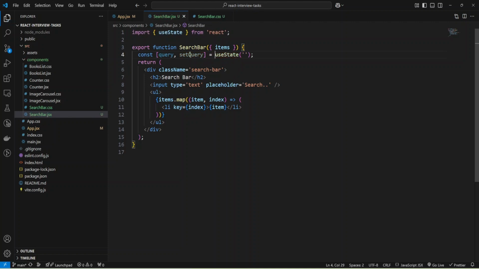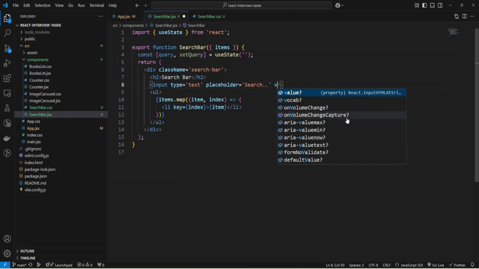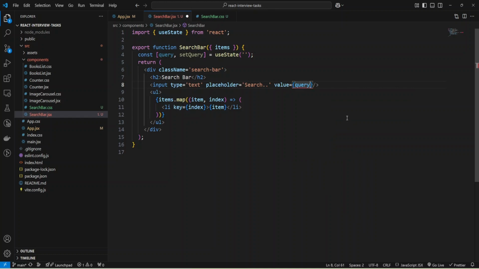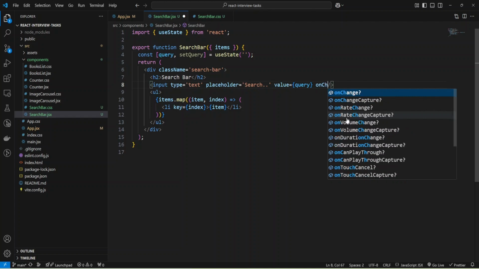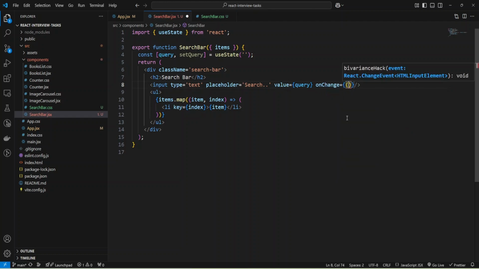Okay, and now we can use this query inside the input, and provide value as query, and also we can add an onChange handler to change the value of our query when the user provides some value.